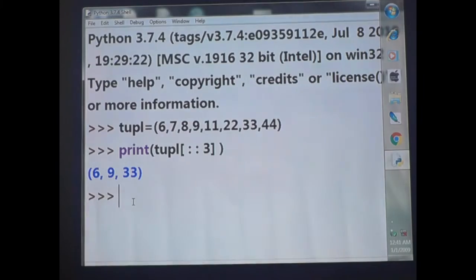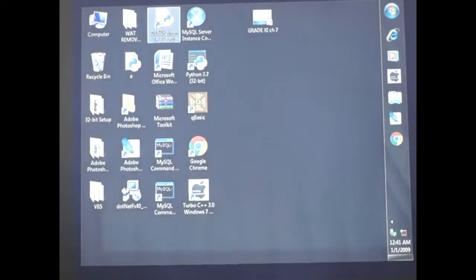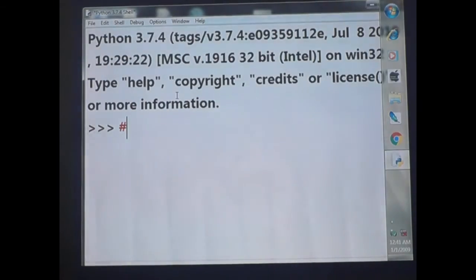Okay, done. Then at last I am going to compare the tuples. This is the last topic I am going to teach you. Compare the tuples. Okay, fine. So A is equal to 2 comma 3.